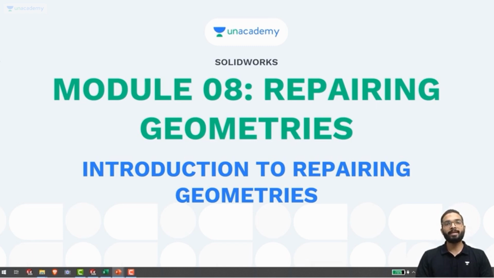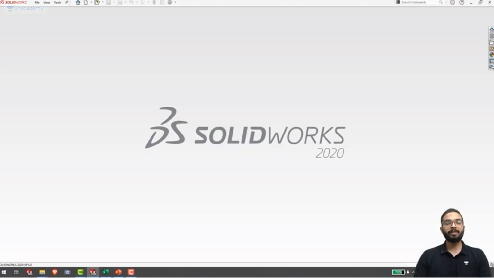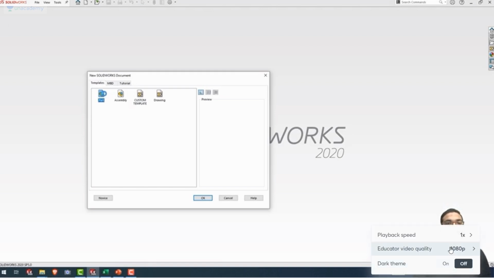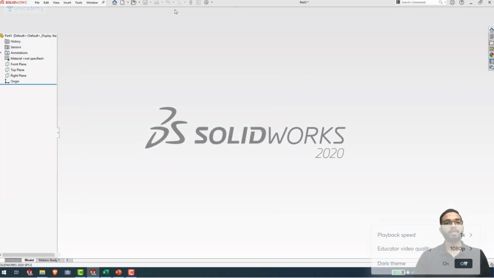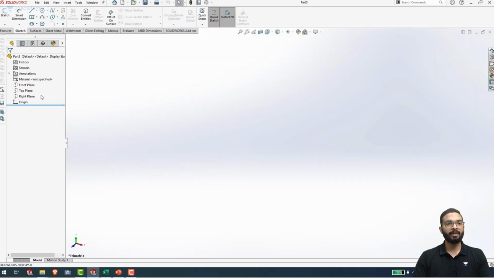I guess that's enough for the talking. We can move to Solidworks and learn about rectifying our geometries. Once we are into Solidworks, let's first create a new component. And once the component has been created,